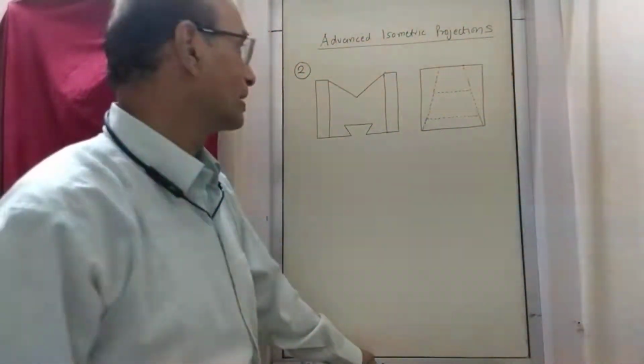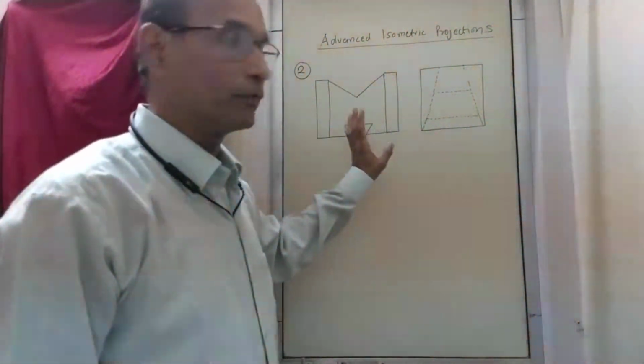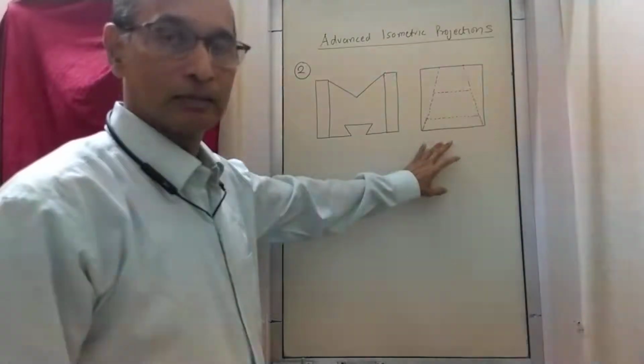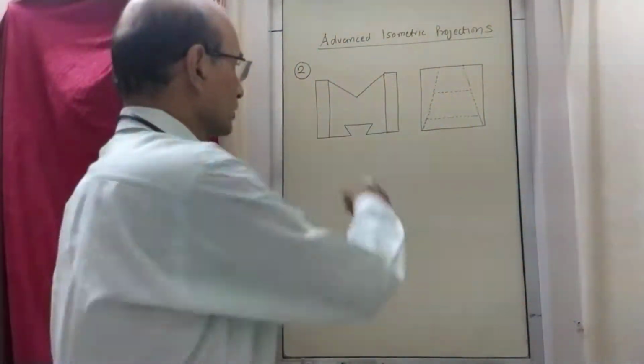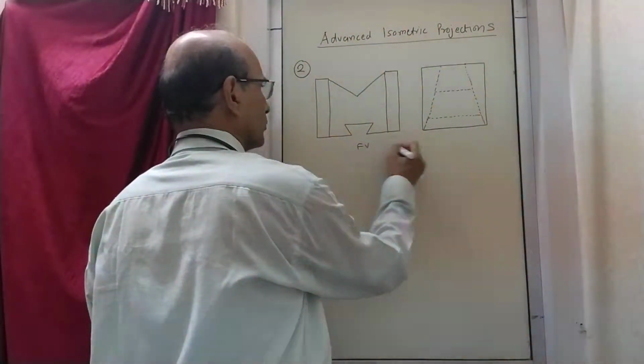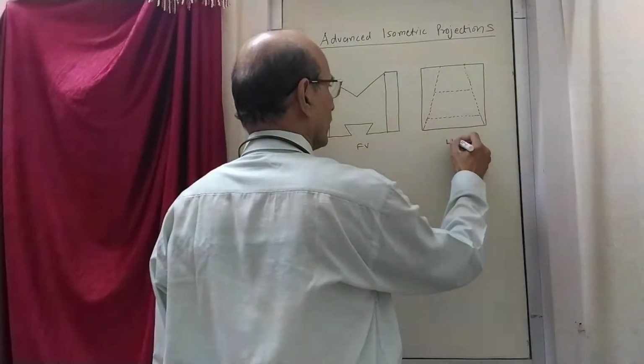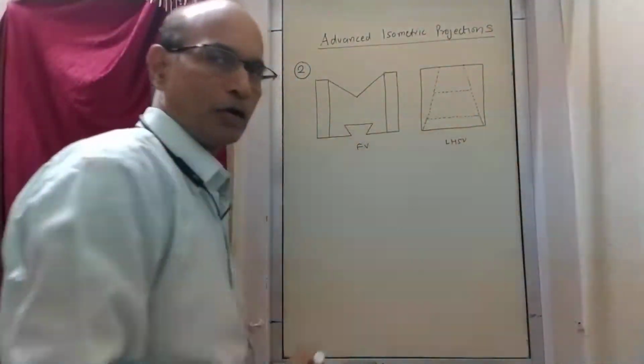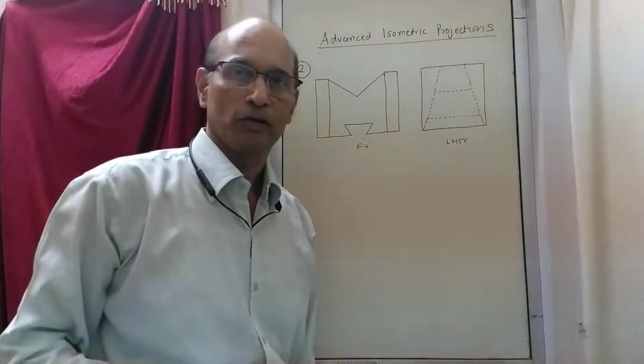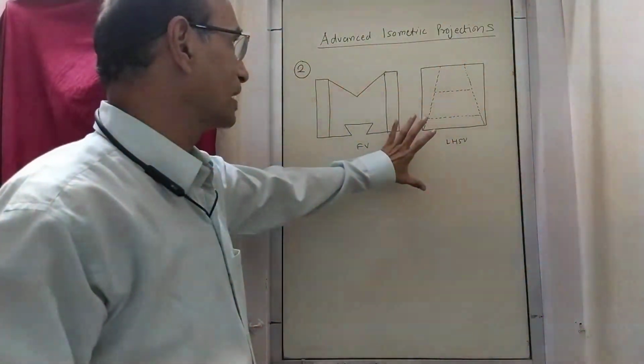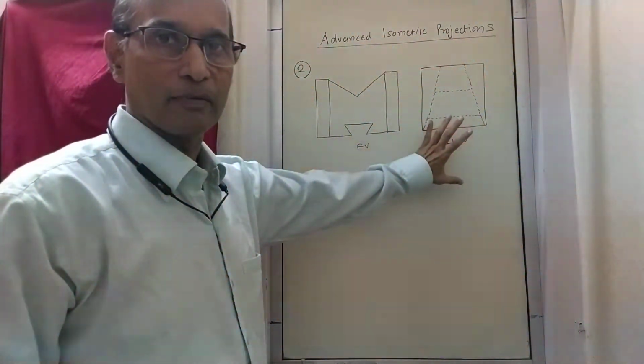So this is the exercise. There is an object like this, one view like this, the other view like this. Okay. So again all the dimensions are there with us, and right now I am not writing that, but whenever you draw you will have all the dimensions, and according to that you have to draw. Now look at this exercise, why this is becoming an advanced kind of exercise.